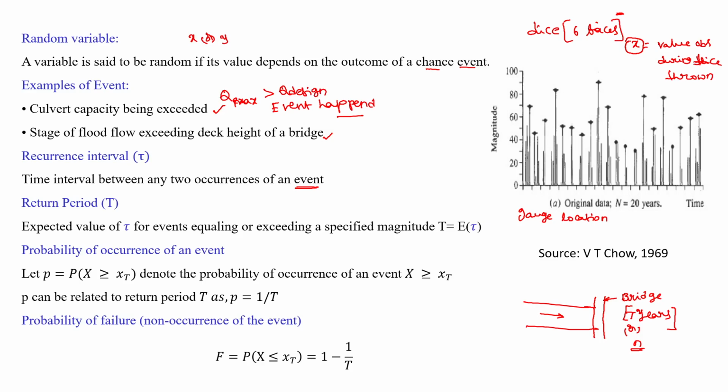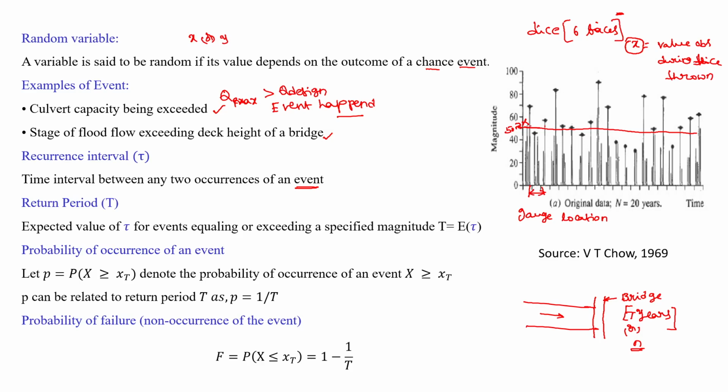So this is the thing. Let's say observe this particular plot. Maybe this particular black color stars on the top of a bar indicates the maximum value. Let's say imagine this is a culvert capacity, that is nothing but 50 meter cube per second, for example. Let's say now just observe the data and calculate the